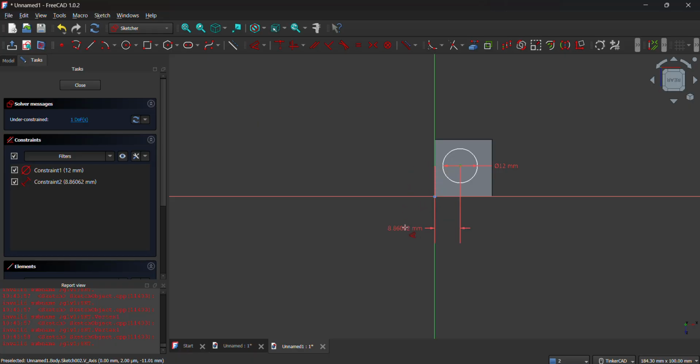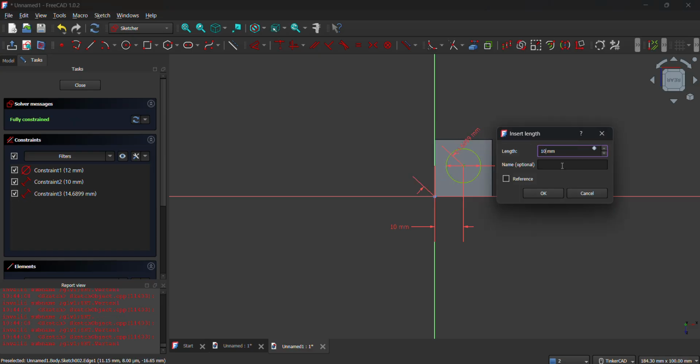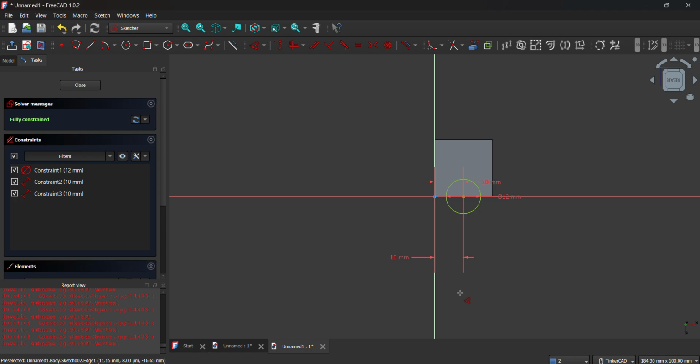So again, just like what we did with the other one, let's have 10 millimeter from the edge at the right side and 10 millimeter from the top edge. Oops. Okay, wasn't right. Okay, this is what I'm telling you a while ago. The edge here is not visible, so it's hard to click. So you can use this one.